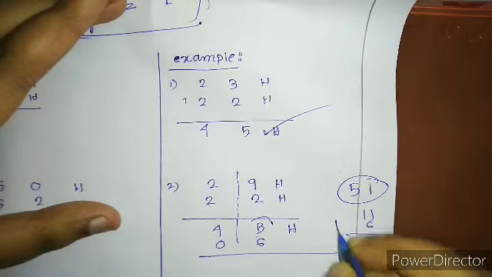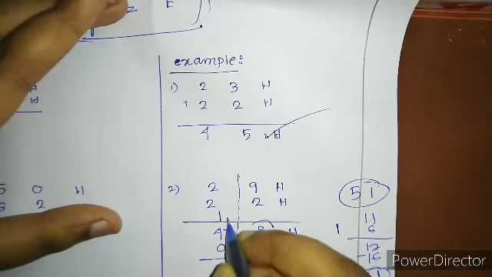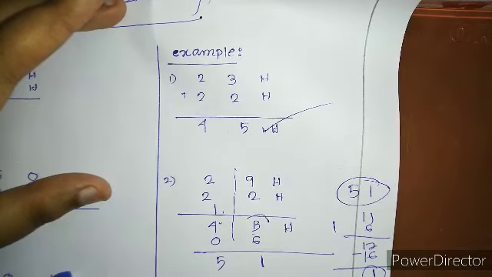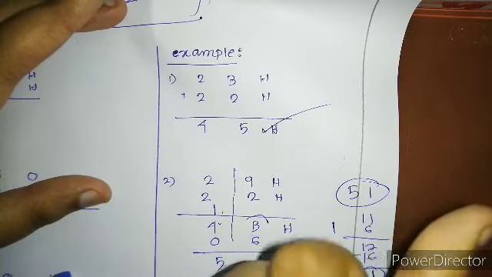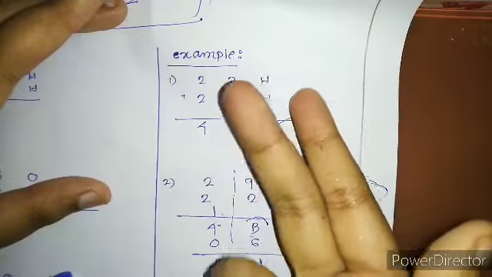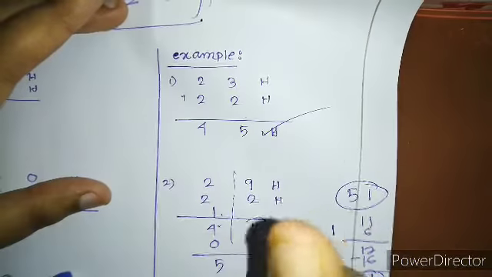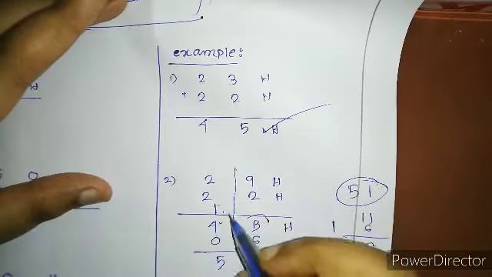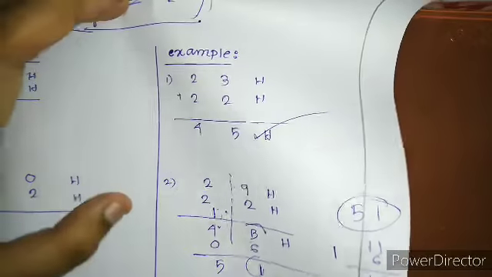Then a carry is generated. So first this 1; 4 plus 1 is 5. Another way of doing this: B plus 6, counting C, D, E, F, then 10, then 11. The 1 stays here and the other one goes to this digit. 4 plus 1 is 5, so the result is 51. Did you understand? Let's take another example.